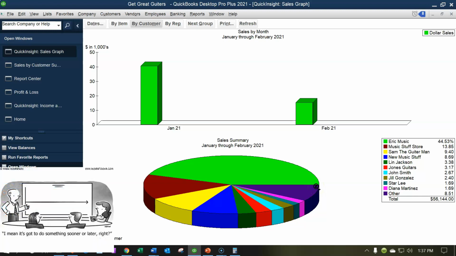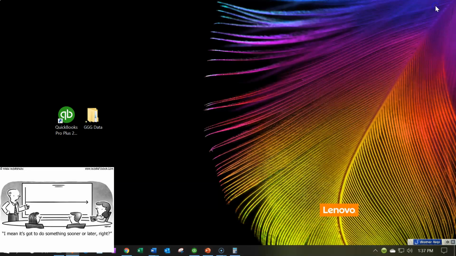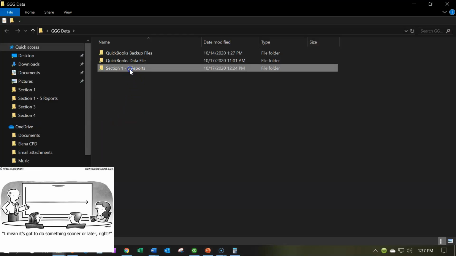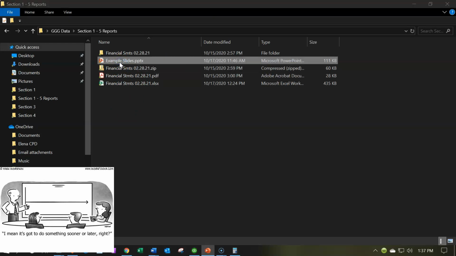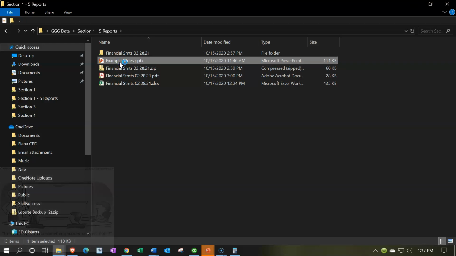So if you wanted to rotate the graph and do other things and not have a 3D graph, have just a normal graph, then you can do all that stuff in Excel, and we'll do that in a future presentation. If you wanted to provide this data to somebody in a PowerPoint presentation or something like that, or put it into your Excel file so you can put it into one PDF file and provide it to somebody, we could then say, well, what if I had a PowerPoint that I wanted to put it in here? Here's our mock PowerPoint. And we could just use the cut and paste feature really to get it into the